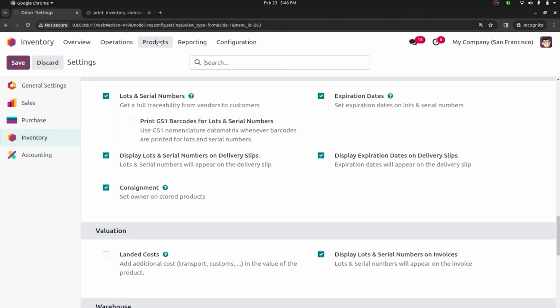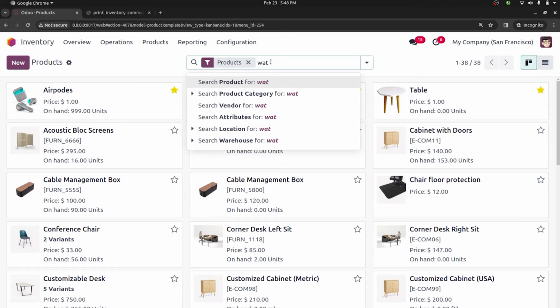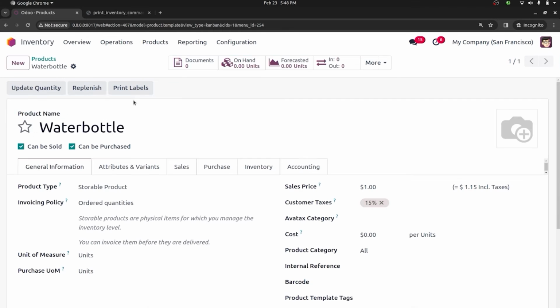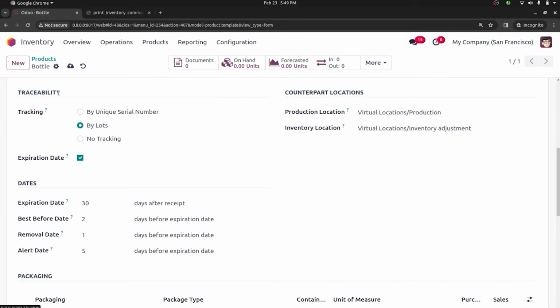And let's move to create a new product. Here I'm going to choose a new product, water bottle. Let's start the product. Here I'm renaming this product as bottle. So under this inventory, here we can see the traceability option is available. I'm using tracking by lots, and after enabling expiration dates, here we can see the date. We can add the expiration date, best before date, removal date and the alert date. After adding this,